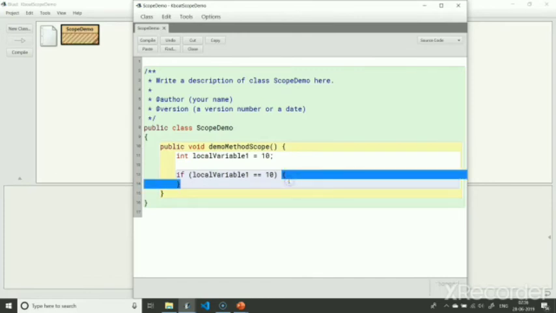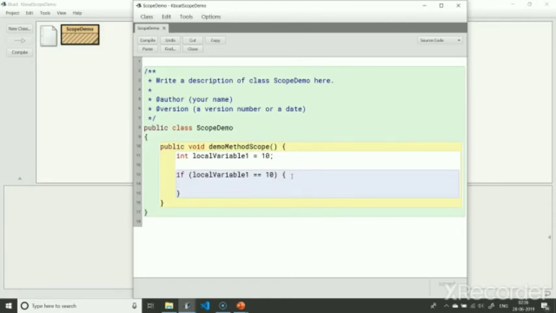This pair of curly braces define another scope. I will declare a float variable f1 inside this if block. I will initialize it with some value, say 25.5. Let me print f1 now.